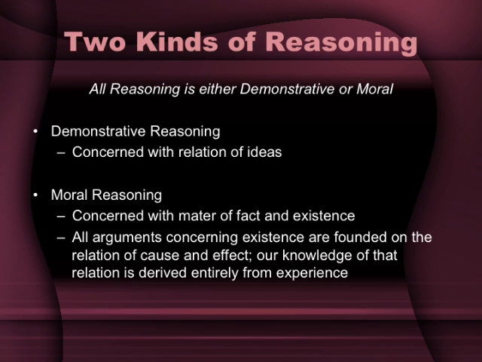Now, whatever is intelligible and can be distinctly conceived implies no contradiction, and can never be proved false by any demonstrative argument or abstract reasoning a priori. He's saying that for it to be known by reason alone, it has to be demonstratively certain. Just because every crow that I have encountered up till now has been black does not mean the next one will be. Just because every piece of bread I've encountered has nourished me does not mean the next one will.